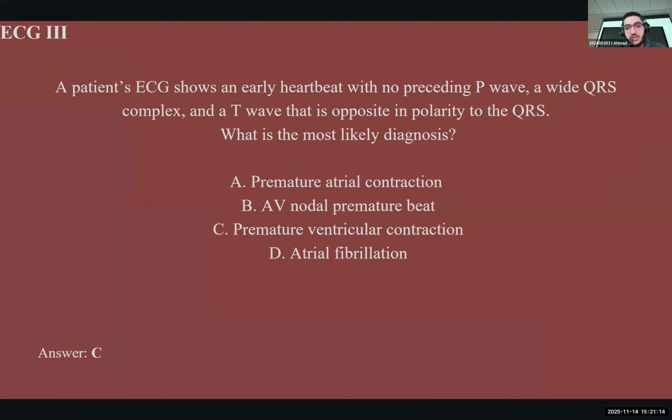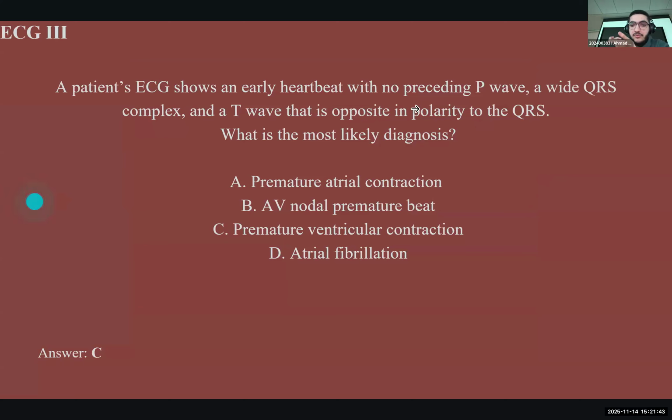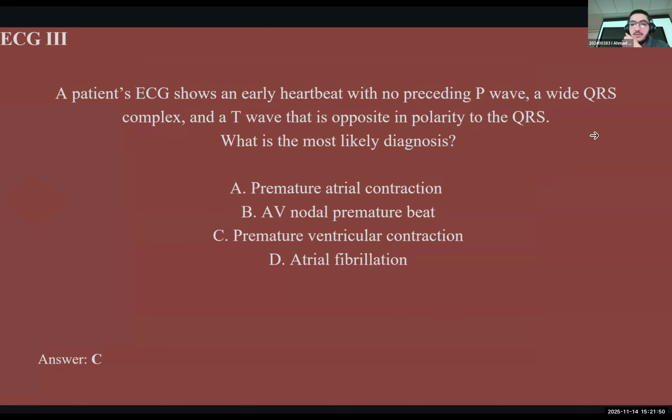So I just showed how you could memorize. Now I'll explain how you could understand. What is a premature ventricular contraction? It's just a ventricular contraction that happens out of nowhere. There would be no P wave for it. And because it happens, there would be a pause for the heart to restart after it. If you understood all of that, you could answer this question too. Ectopic pacemaker, yeah, before its time. Perfect, you guys are correct.